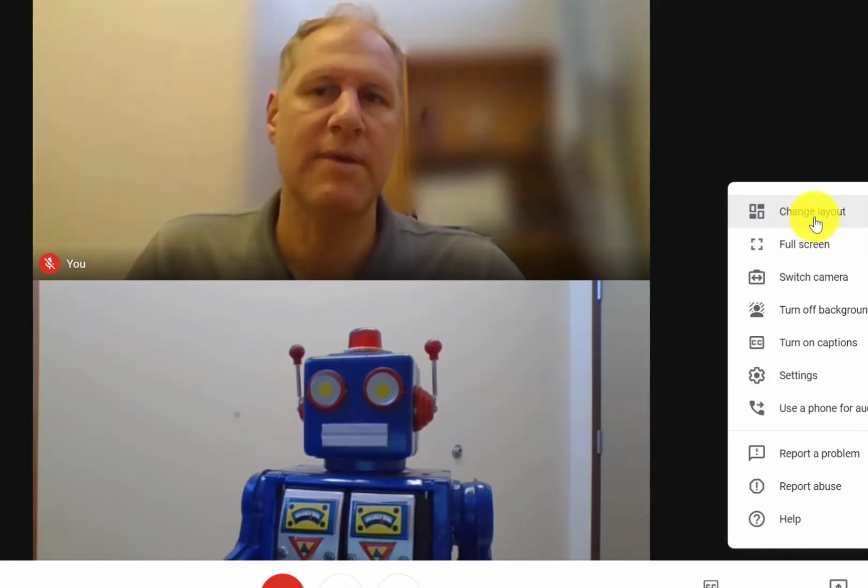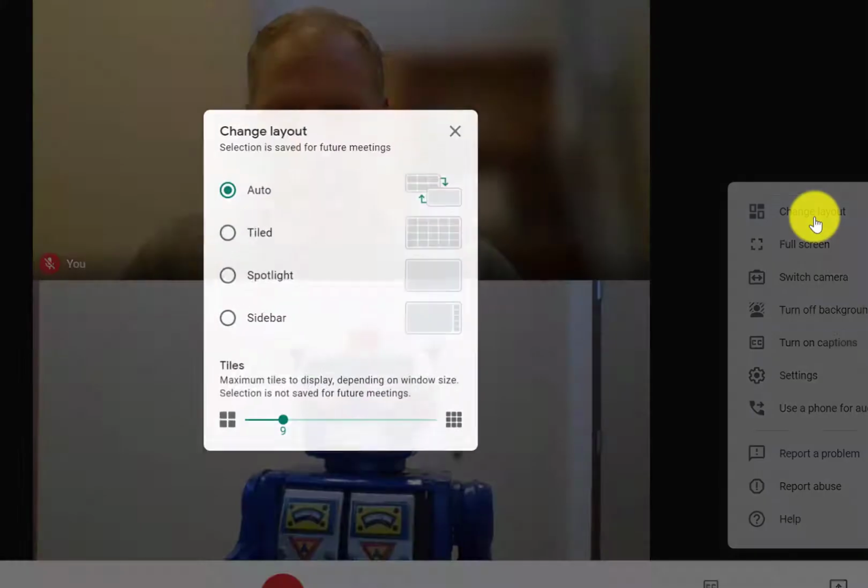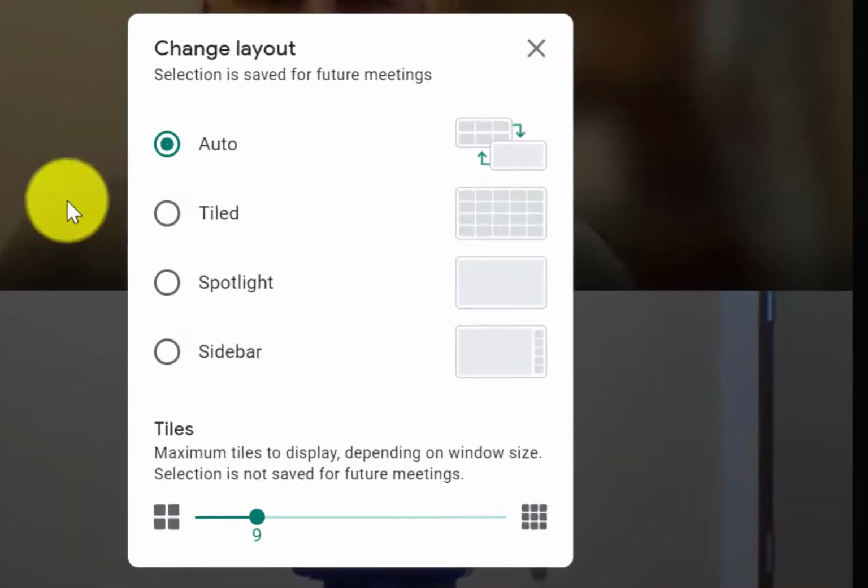Change layout is nice because this is how we're going to see all our friends in the meeting. When I click on that, I have 4 different options. I typically leave it on auto because if it's on auto, the screens will adjust based on who's on the screen and who's talking. So right away, if it's on auto, look down here. Right now, I'd only see 9 people. Well, I bet I'm going to have a lot more friends than 9 people in here, so I can move that over